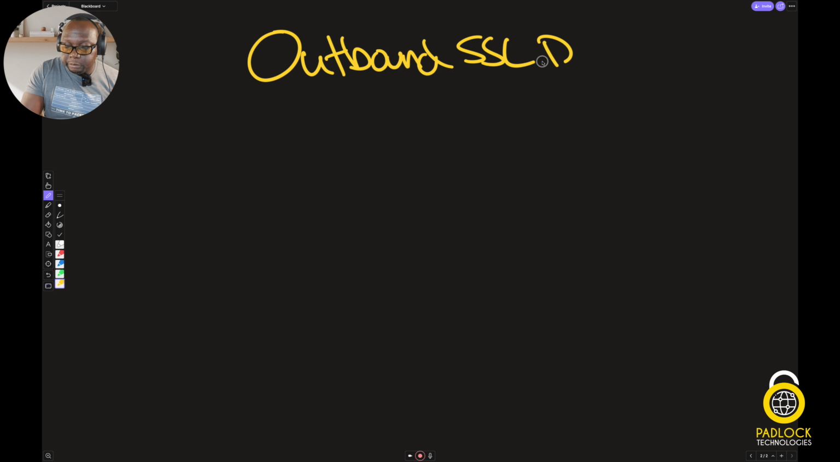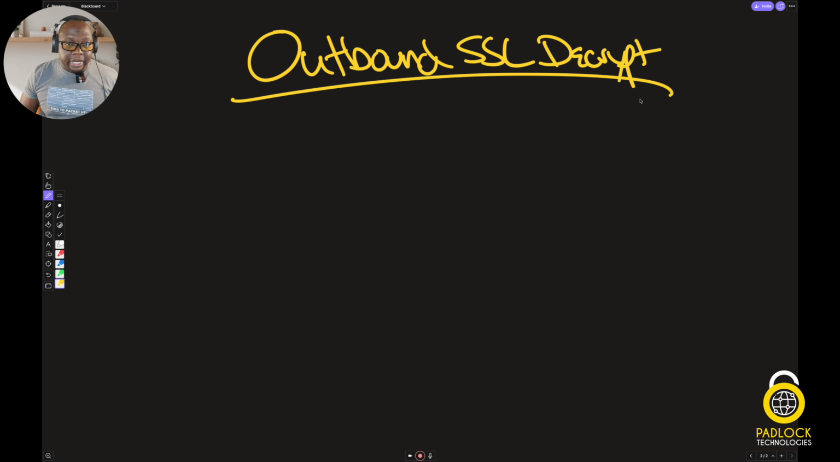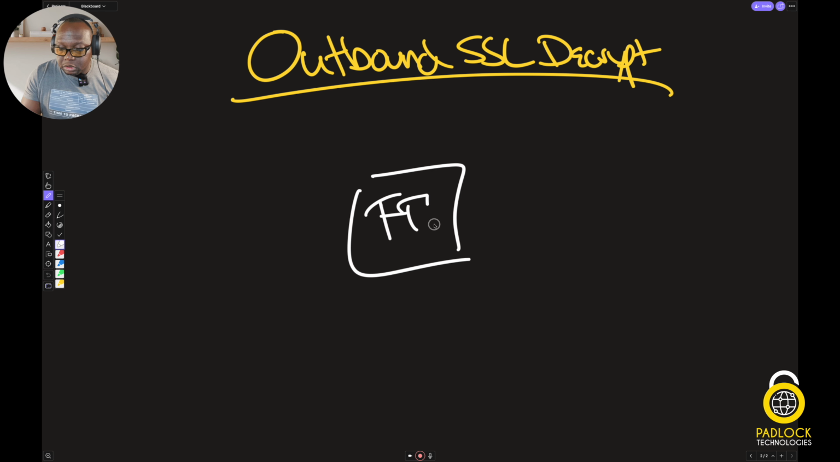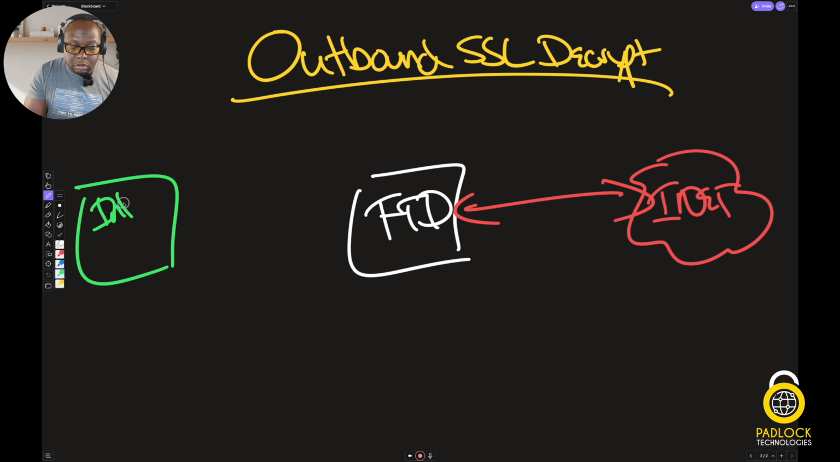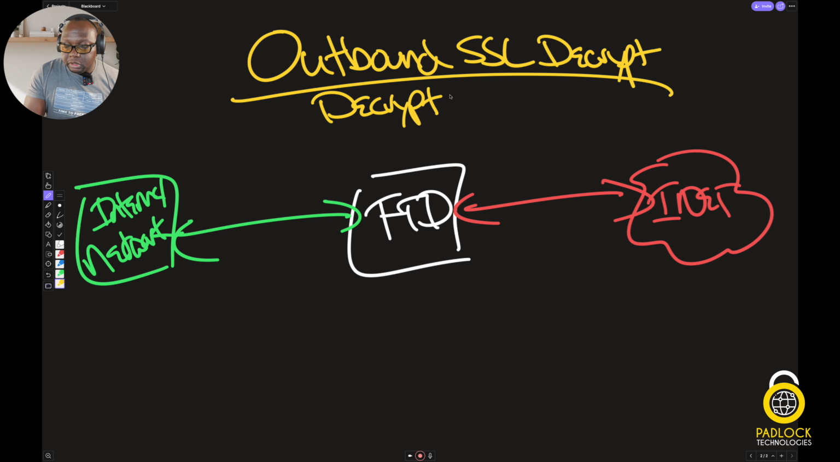The first method we're going to talk about is outbound SSL decrypt. This is your typical man-in-the-middle firewall situation. So we're going to have the FTD again, and then we're going to have the internet, and you have your communication there, and then your internal network. And the reason this is called decrypt and resign